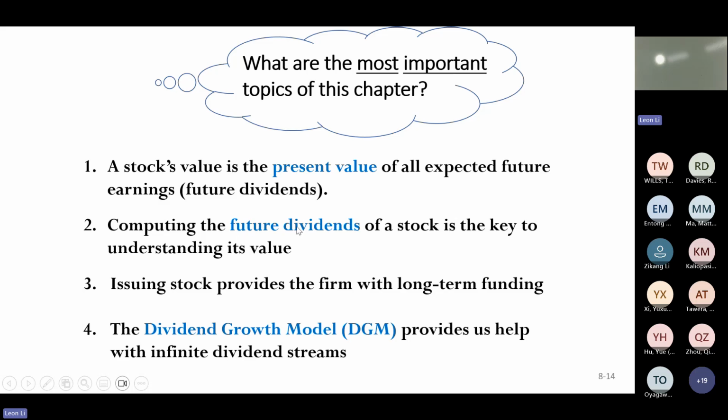So compute the key to its value, right? So issuing stock provides the firm with long